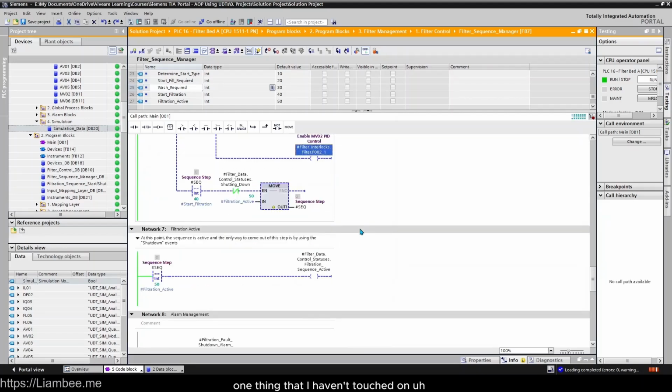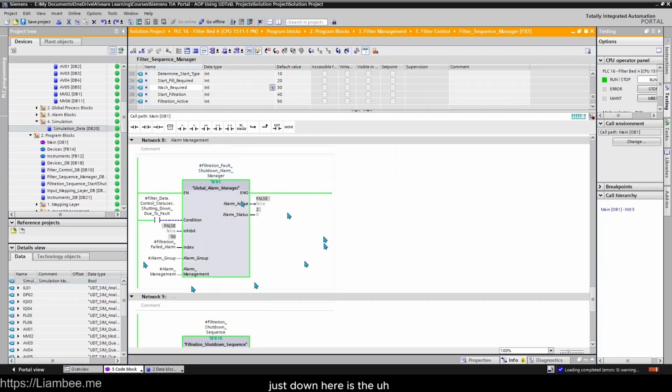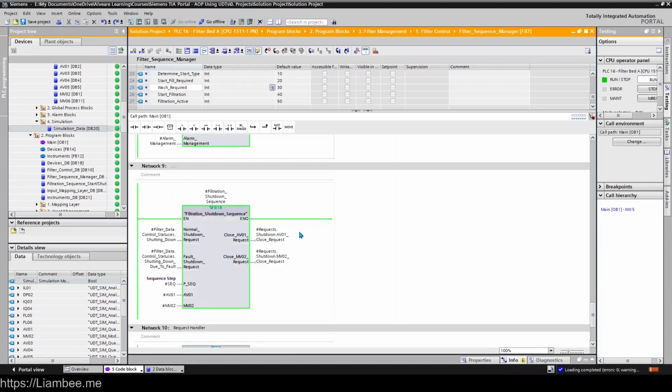One thing that I haven't touched on just down here is the shutdown managers, the alarm shutdown managers for the alarms. So global alarm manager, filtration fault shutdown alarm manager. As soon as we see a fault situation come in, something that's causing us to shut down due to a fault, we raise the alarm. Now we have been through these already in the alarm section of the course, but this is how it's actually used. And then down here we have our shutdown sequence, which I'm not going to go through right now